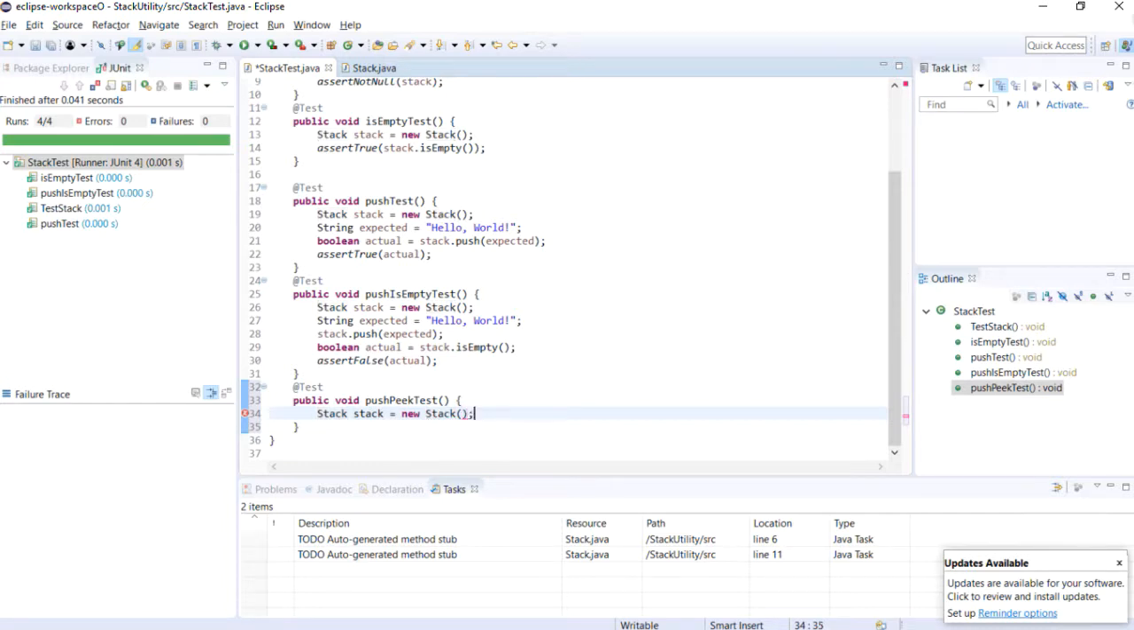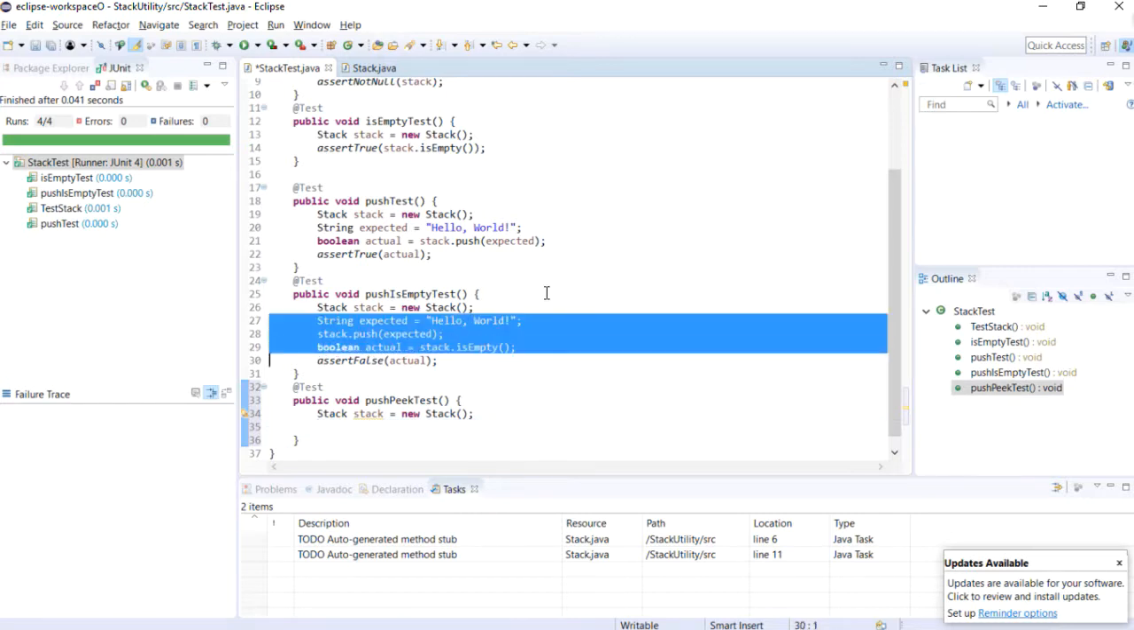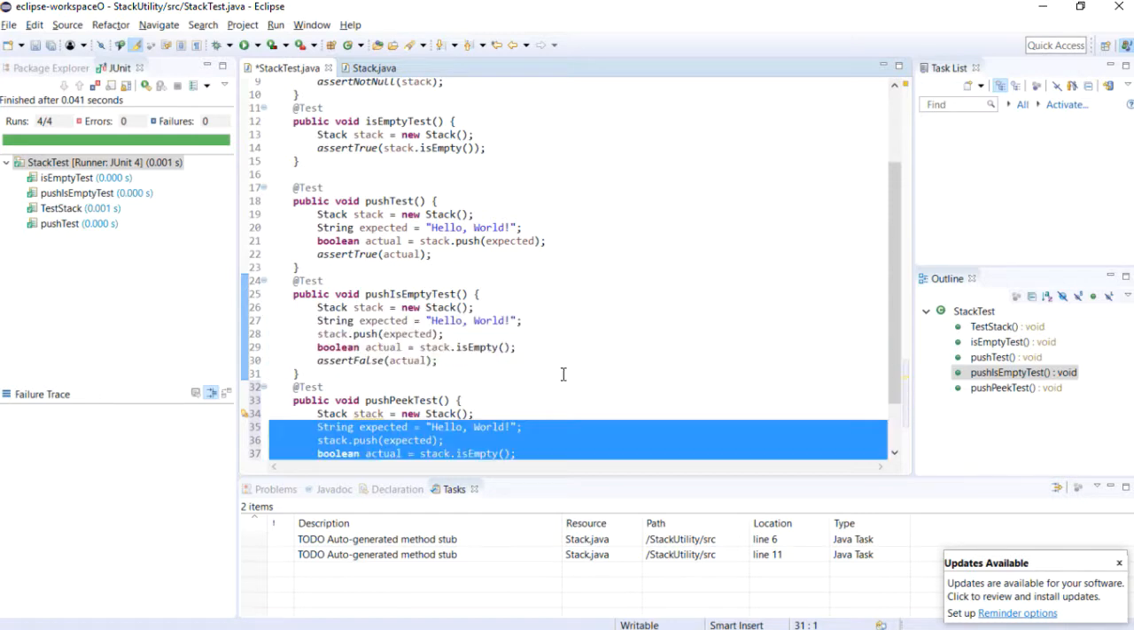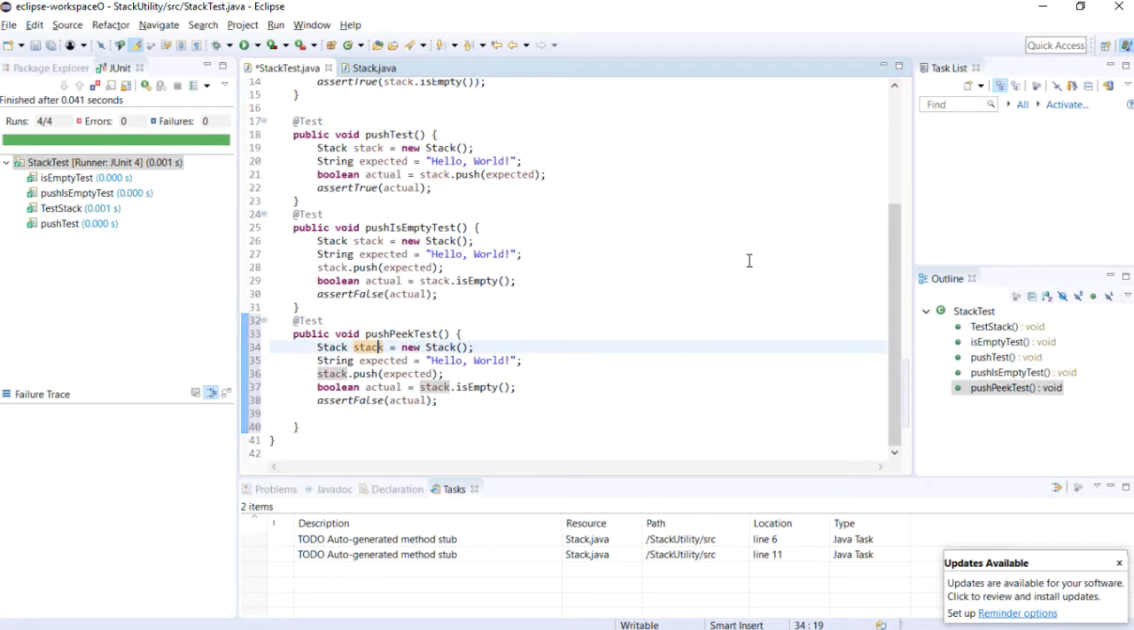And see if we can peek at that value without taking it off of the stack. So we're going to do that by, again, setting something into the stack. And we'll just copy our code over here, because less typing means less typos. Copy that down here. So we're going to create the new stack, set our expected value, and then we're going to push a value onto the stack. And then instead of calling IsEmpty,